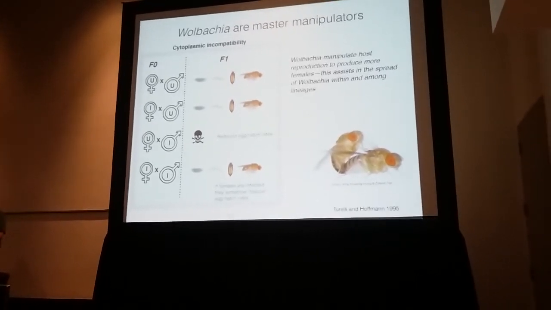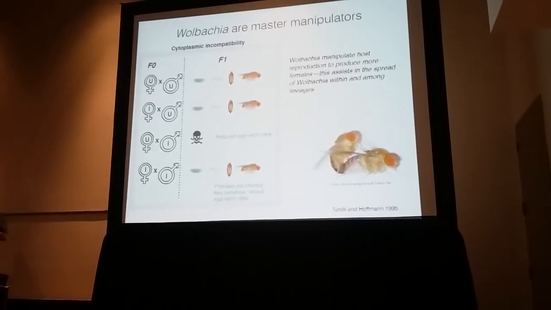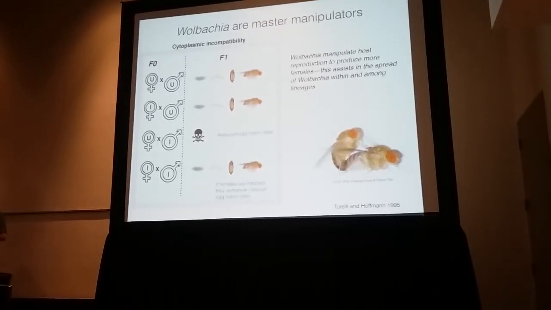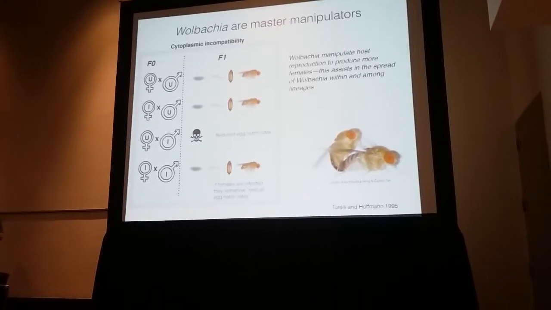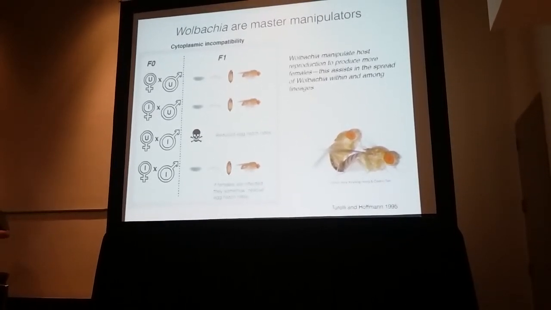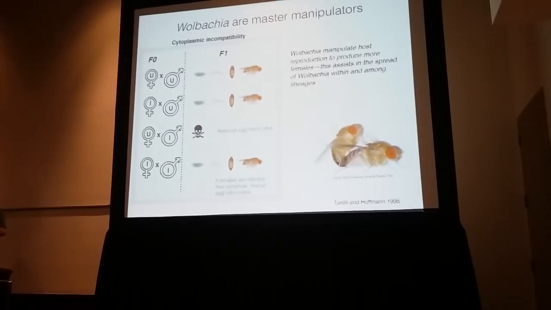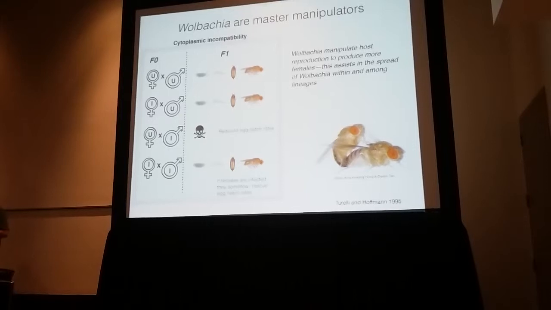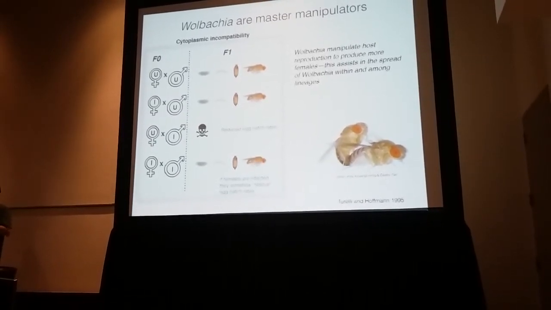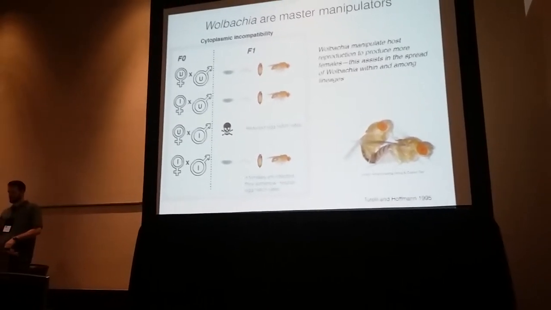I say here Wolbachia are master manipulators because they became quite well known for manipulating host reproduction by killing males. Another trait is this cytoplasmic incompatibility trait that I'll talk about today. So if you have an infected line and an uninfected line, and you complete all possible crosses, you'll see one of those crosses, the one between uninfected females and infected males, leads to a reduction in egg hatch. Importantly, the cross where females also have Wolbachia, the infected by infected cross, can be rescued. We don't totally understand how this works, but it's interesting because Wolbachia modify the sperm, the sperm goes into mom, and then somehow an infection in the females can rescue whatever Wolbachia has done to the sperm.